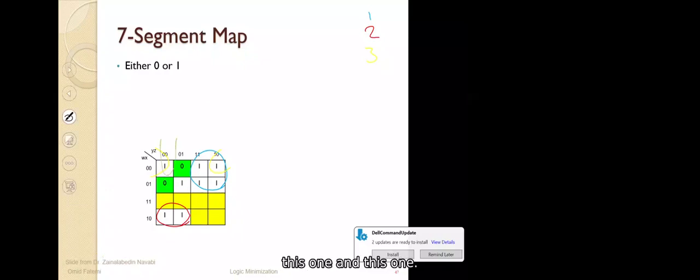Two corners at the left, this one and this one, number 4. Okay, we do have another one here. Green, blue, no. Okay, purple. This one is another one, 5. Do we have more? I don't see. Do you see any more groups? Seems not. Okay. So let's find which one is essential.